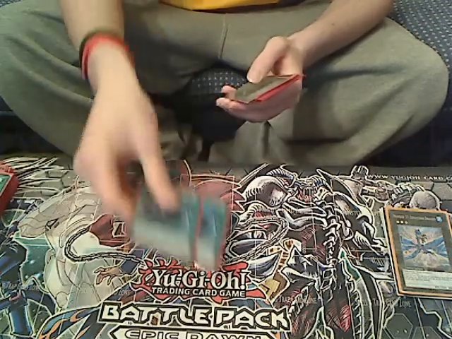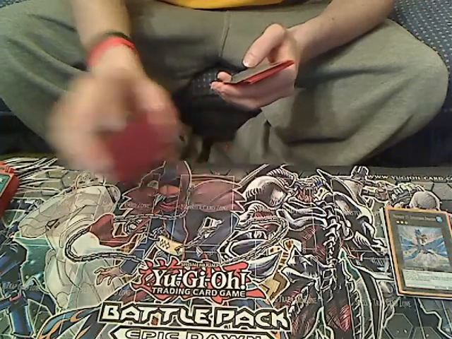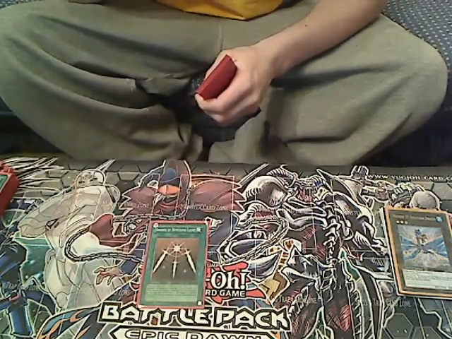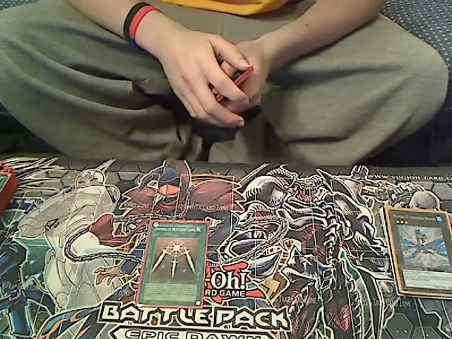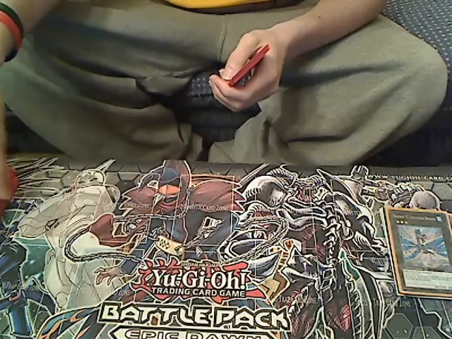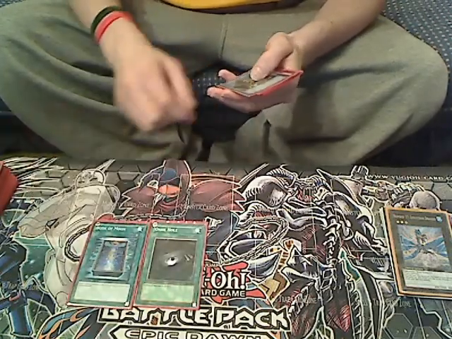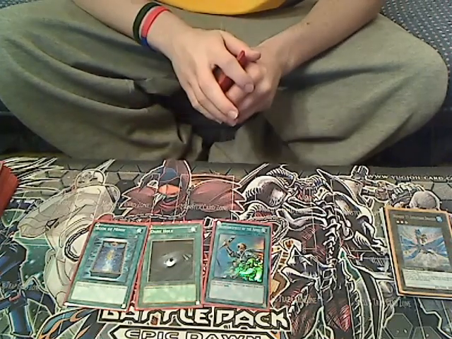Next up, we run 2 MSTs. Very good card. I do run 1 Swords of Revealing Light because sometimes this deck needs to stall. It needs to get some more cards in hand, but 1 Swords of Revealing Light works well. 1 Dark Hole, 1 Book of Moon, and 1 Reinforcement of the Army, and that rounds out all the magic